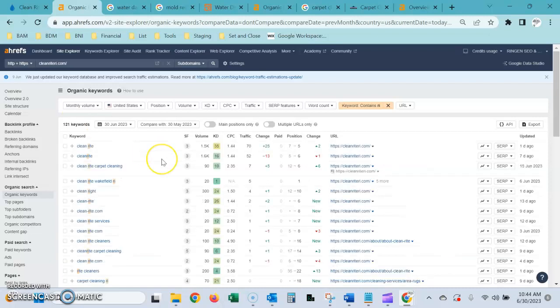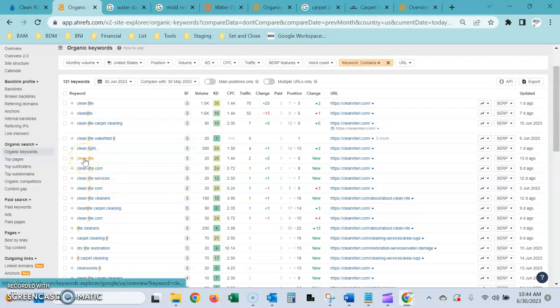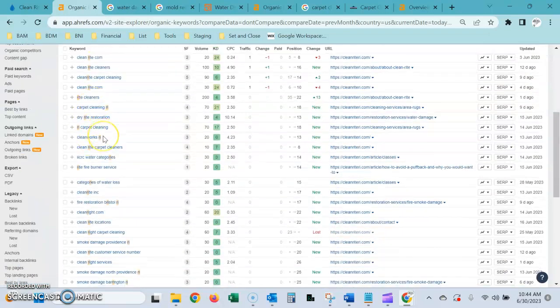We're looking to attract new customers, and also, there might be other Clean Rights. That might be another business name, so just searching Clean Right doesn't necessarily guarantee it's going to be you. There could be a Clean Right in another state. So I want to find keywords where somebody is searching for a service that they want to have done